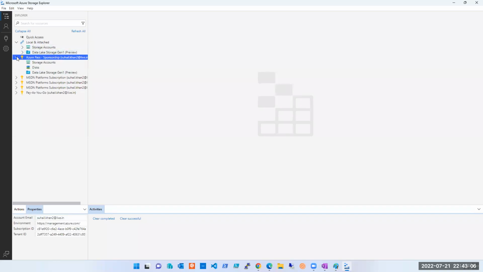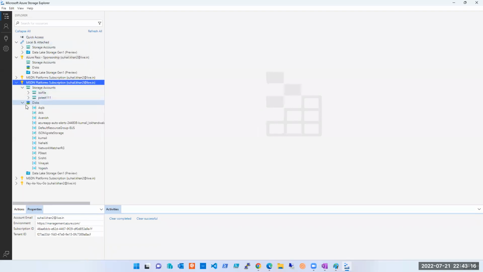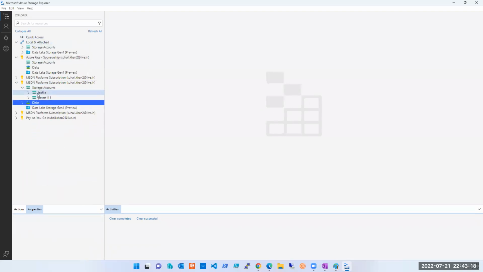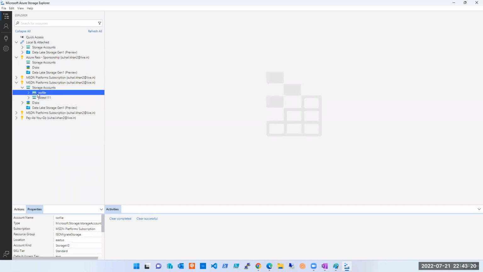Here I'm logged in as my Azure account. Here we are not talking about the key. You have not shared the key. You have not given me the key or anything, and still I am able to see all of your storage accounts. Why do you think it is possible? Now say this is Kumail's storage account. He has not given me any access, but I can still see it, and I will be able to delete and do anything. So where is this access inheriting from, can anyone quickly tell me? We have done that.